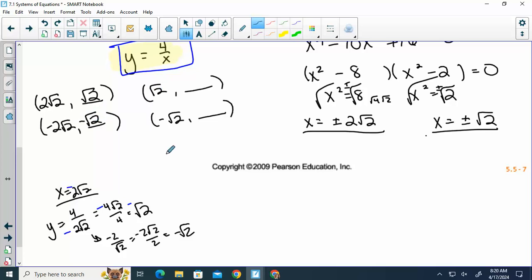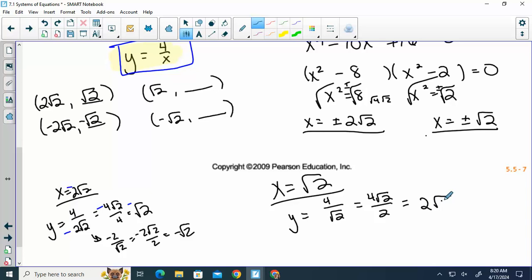Everybody with me there? Do I need to show you how I got those y's again? If I put in a positive square root of 2, y is 4 over the square root of 2. So you get your radical off the bottom, you get 2 radical 2. And if I made it a negative square root of 2, we get